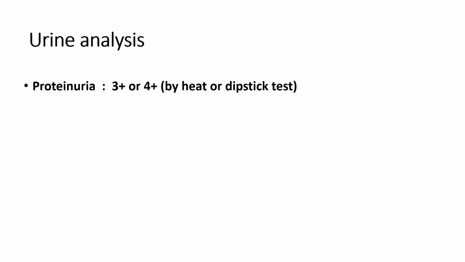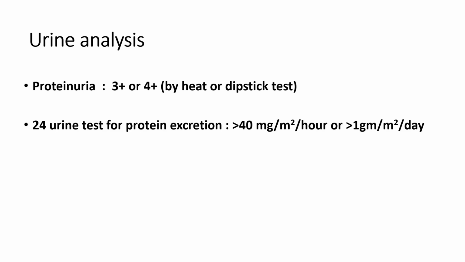Now in urine analysis, proteinuria will be there, 3 plus or 4 plus protein by heat or dipstick test for 3 consecutive days is characteristic of NS. In the 24-hour urine test for protein excretion, if it is more than 40 mg per meter square per hour or more than 1 gram per meter square per day,